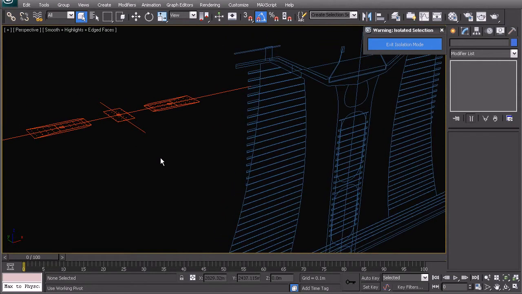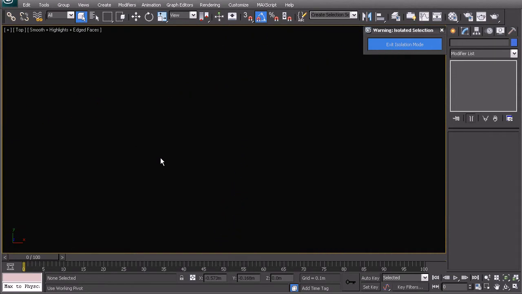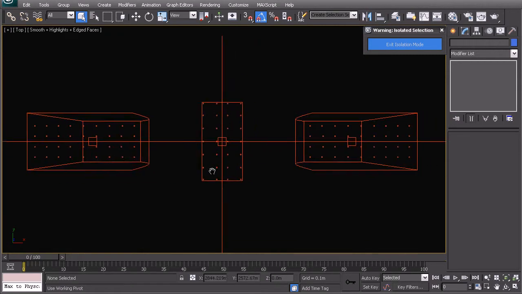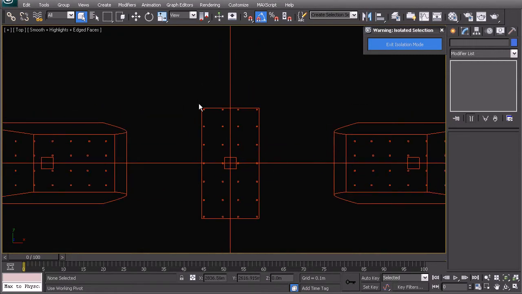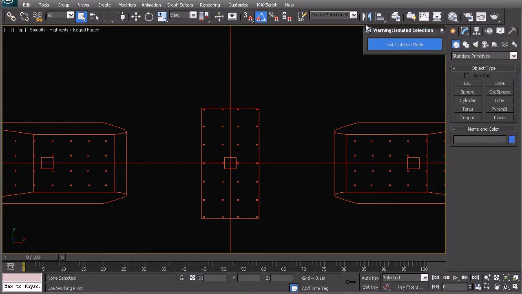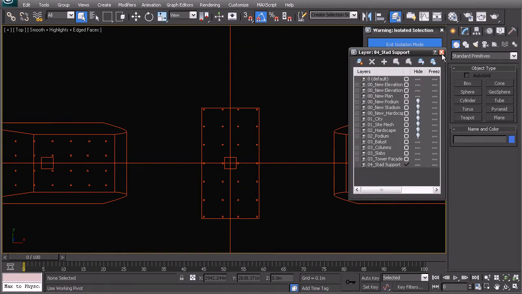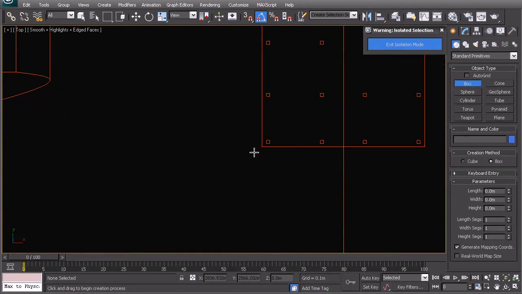So to get going, we're going to look in our plan view, and we know that those columns, it's not really shown on the plan, but let's just say for our sake that the architects would have shown us this elevation and given us a sort of verbal explanation like I'm giving you now, that what we want is 4 columns sitting on either side of this building, and they're going to have the webs connecting them in between each of those columns. So to get started, we're going to start by making a box on this side,